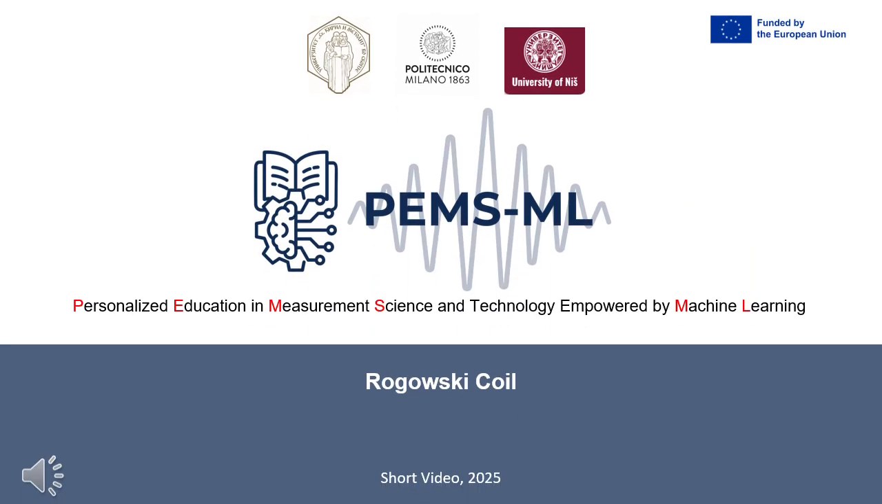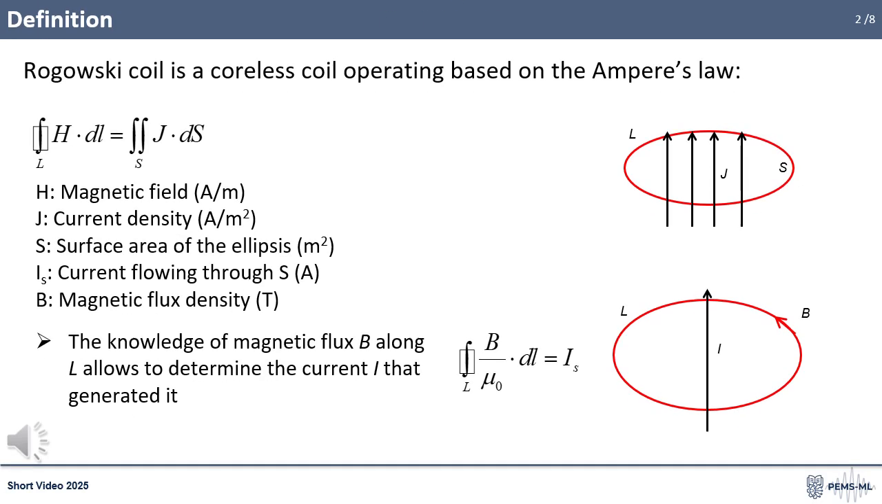This video explores the topic of Rogowski coils within the framework of the European project titled Personalized Education in Measurement, Science and Technology, Empowered by Machine Learning. Rogowski coil, which is a type of current transducer, is a coreless or air-cored coil that operates according to Ampere's law. It measures alternating or transient currents by sensing the magnetic field induced around a current-carrying conductor without requiring a